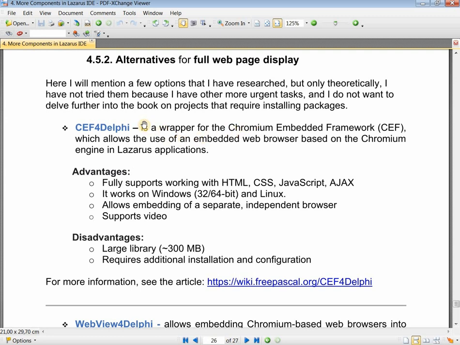So, the first of them is CF4 Delphi, which is a wrapper for the Chromium Embedded Framework, CEF, that's what the initials stand for, which allows the use of an embedded web browser based on Chromium in a Lazarus IDE application.